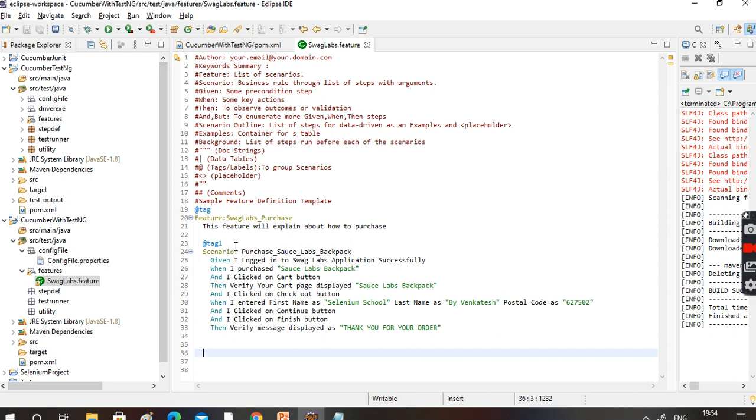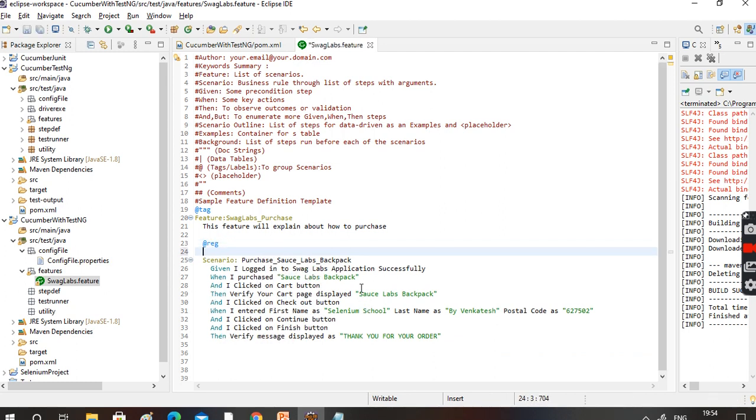I want to run this particular test case as a part of my regression and functional too. What do you mean by this? This is a tag. So I am saying if anyone uses the reg tag, just run this TC.